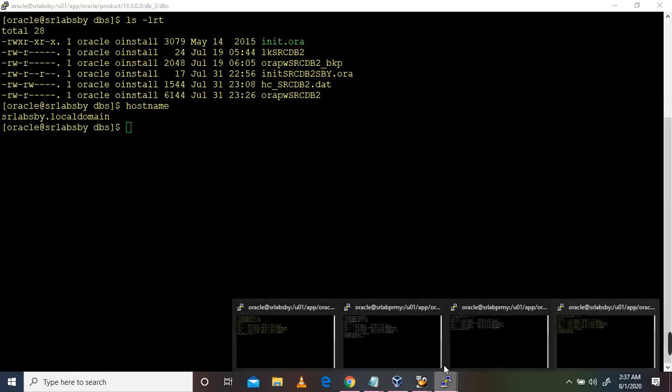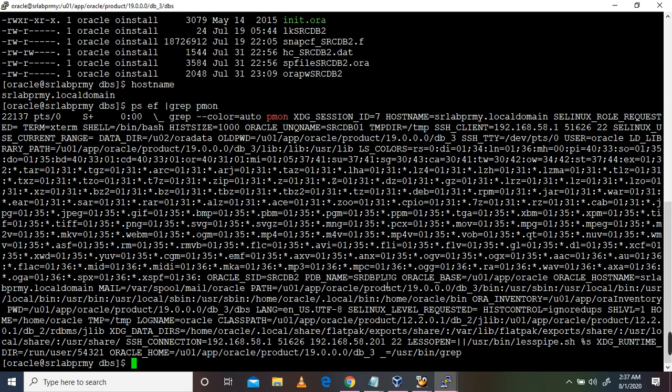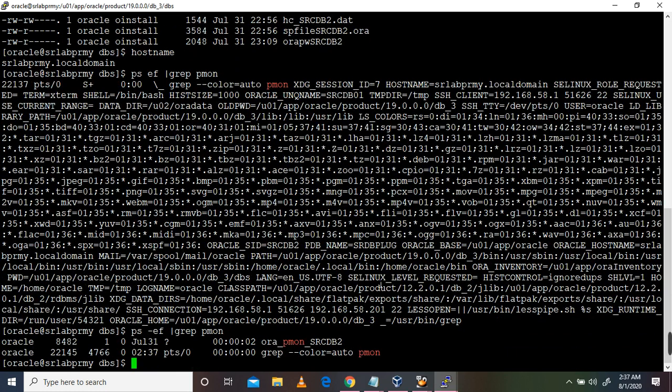On the primary side we have SRCDB2 running, the database running in 19c version 19.3.0.0.